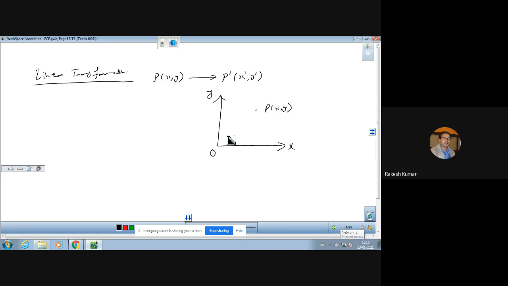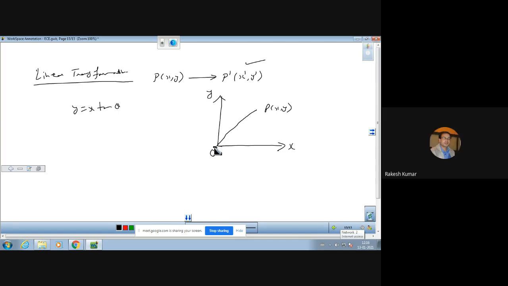Point P will be reflected with the y-axis. This point has been transformed to this point P dash, or we can say reflection in the line y is equal to x tangent theta, or rotate OP. They are saying that we rotate this line OP through an angle theta about the origin, or rotation of axis.